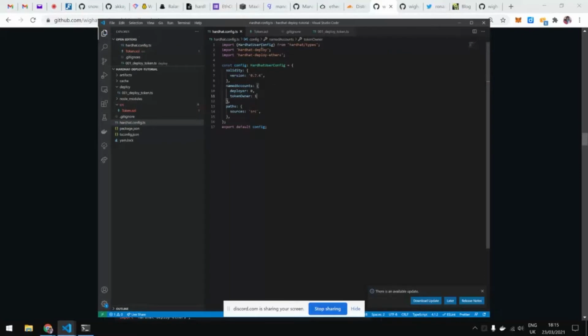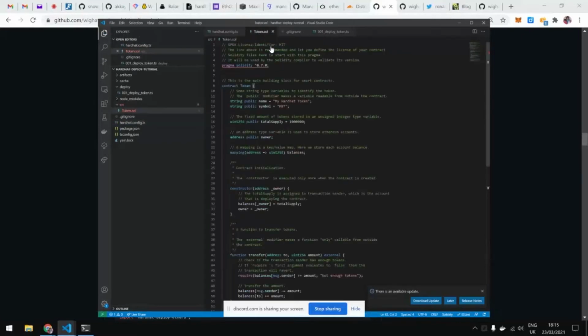But it could be anything. And if you see the token contract, it's slightly different from the one in the Hardhat tutorial. In the original, the owner was the message sender of the constructor, so the deployer. In my practice, I never do that. I always consider that a contract should be configurable, so I added that as a constructor parameter. So when you deploy, you can now specify who will be the receiver of the total supply.